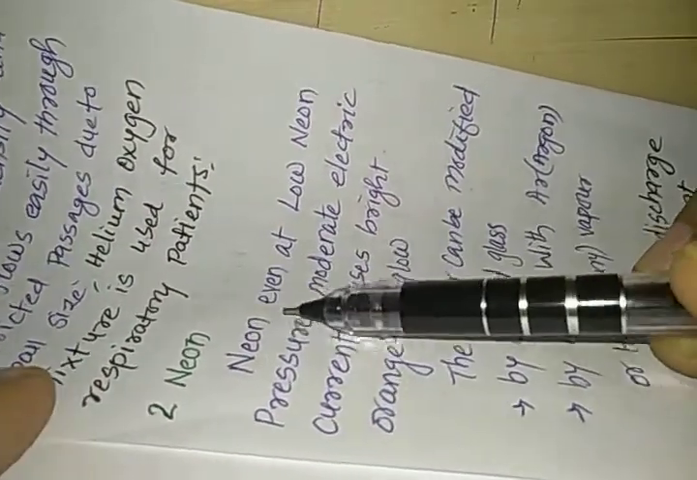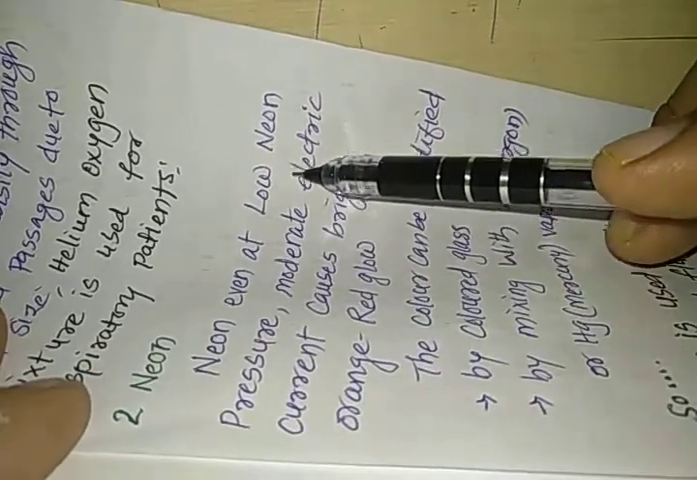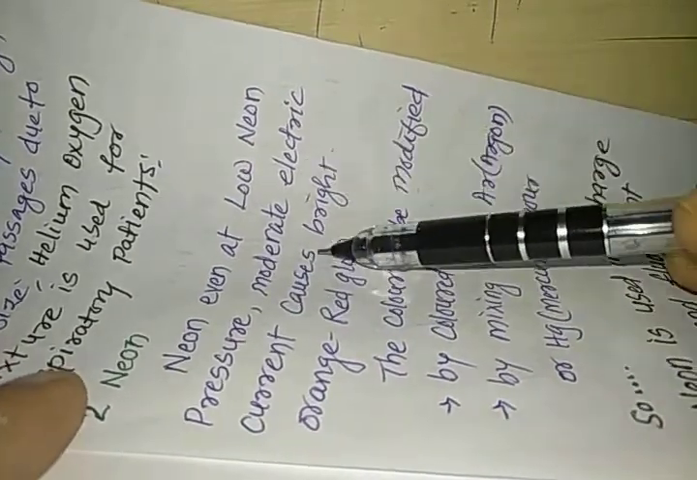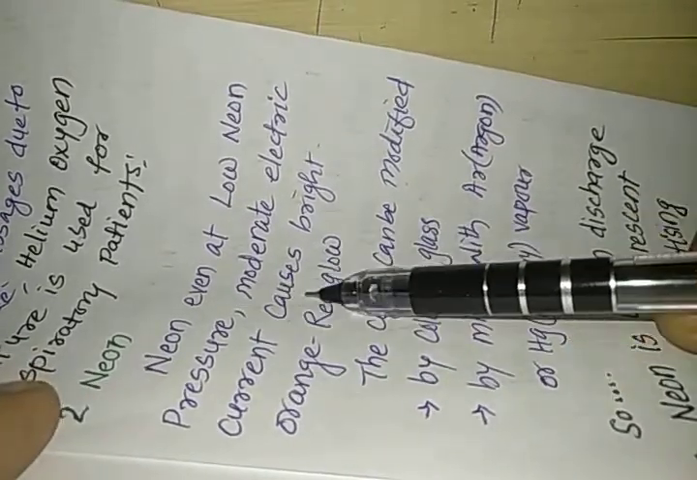Now we are going to study the uses of neon. Even at low pressure, a moderate electric current through neon causes a bright orange-red glow. So neon, if we pass even a very small amount